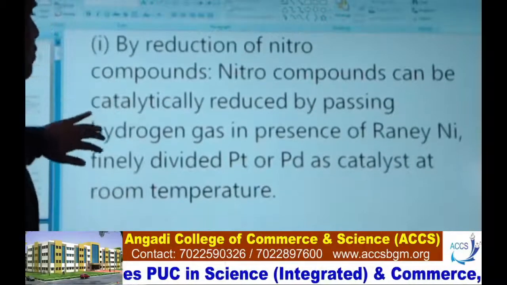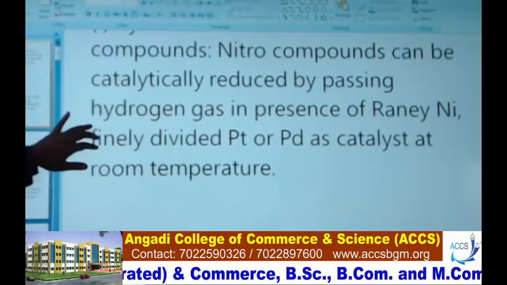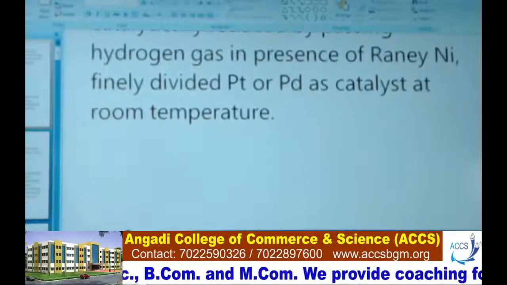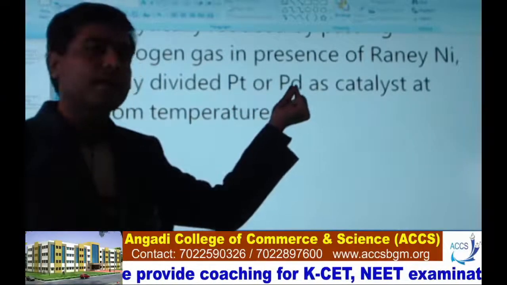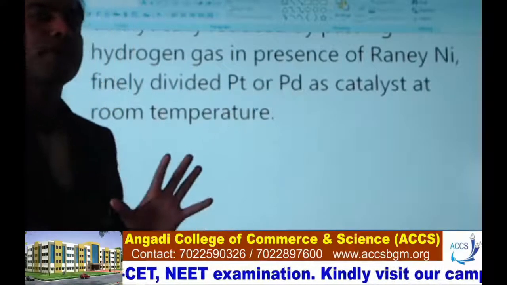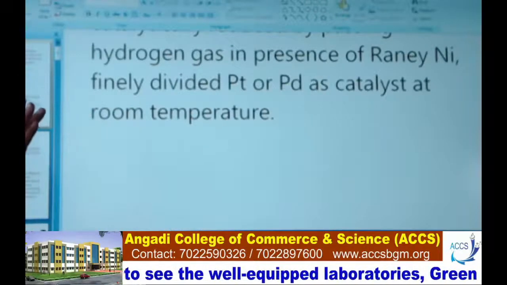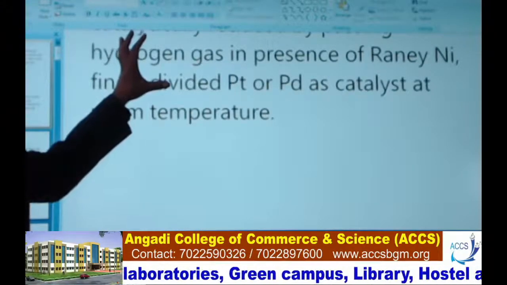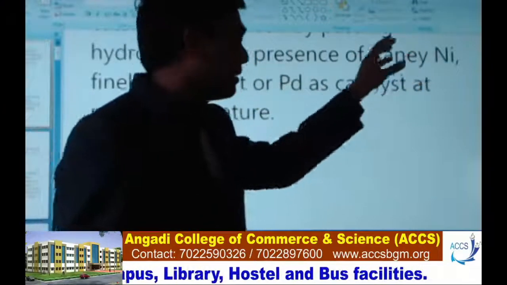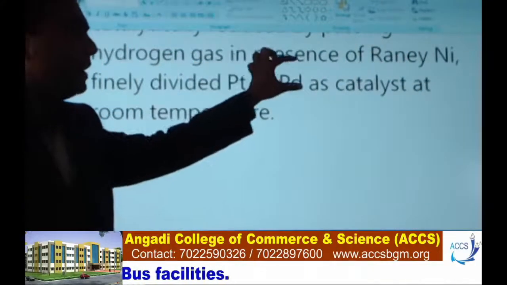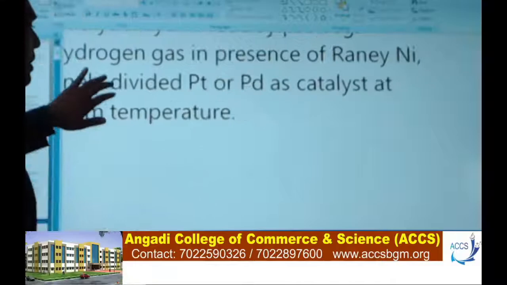Okay. In presence of Raney nickel, finely divided platinum or palladium as a catalyst. While we are taking platinum or palladium, it is a d block element. It is having a large surface area and unpaired electrons. Okay. Take the nitro group compounds, add Raney nickel, add platinum or Pd, you get the amines. Okay. So now,